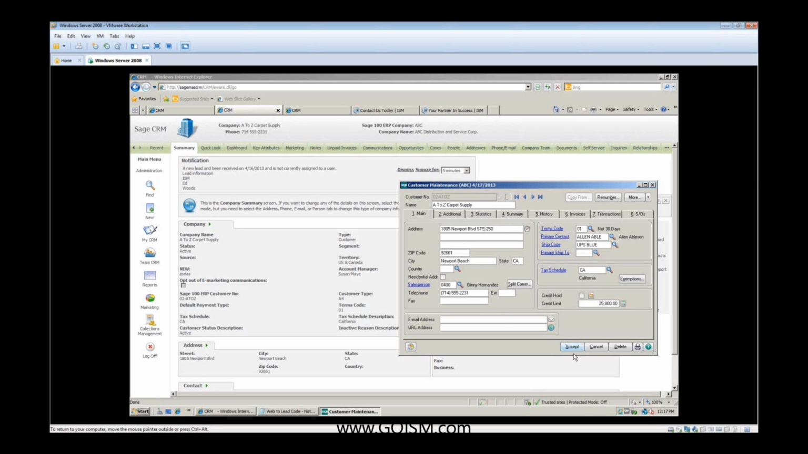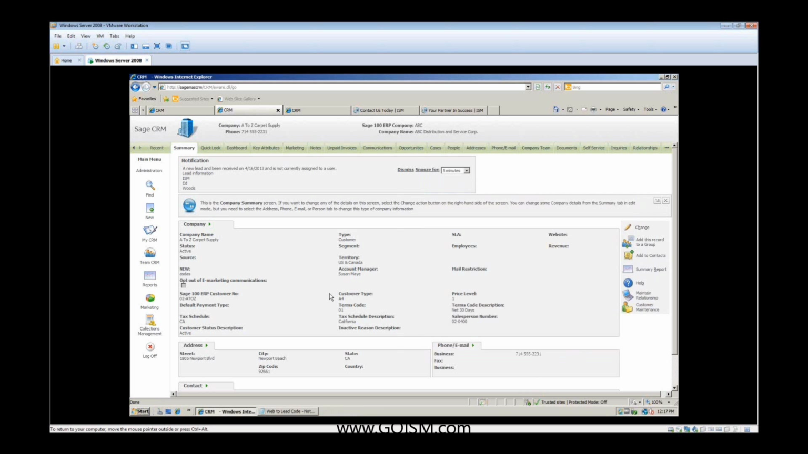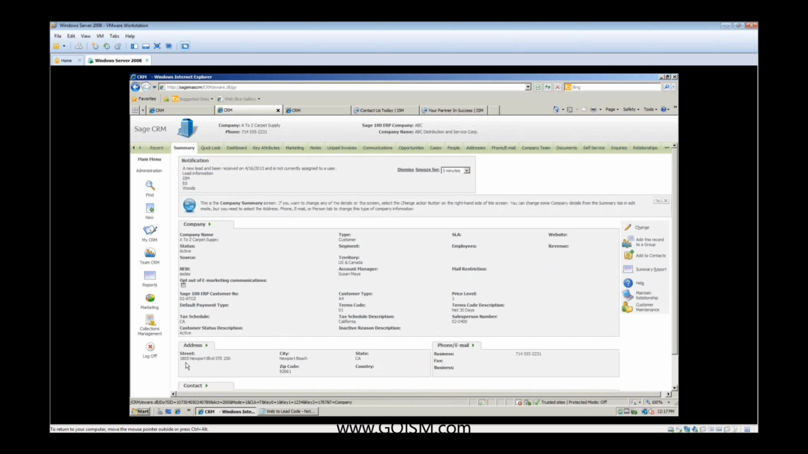There we go. So I'm going to go ahead and update this in Mass. Let me save it across. I'm going to go ahead and close that out. Here's my address over here in Sage CRM. I'm just going to toggle back on real quick, and you can see that it automatically gets updated within Sage